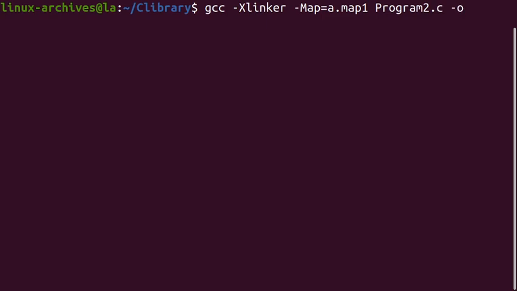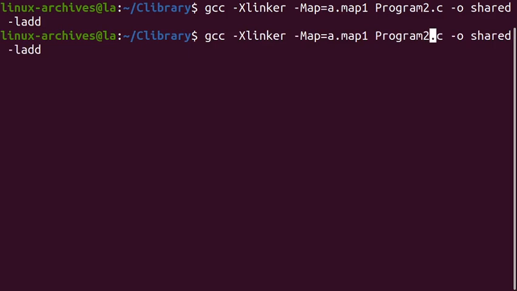We will specify the name of the output executable file, and link the shared library. Similarly, we will create another file for the static library. Note that the names of the output files, map1 and map2, should be different.